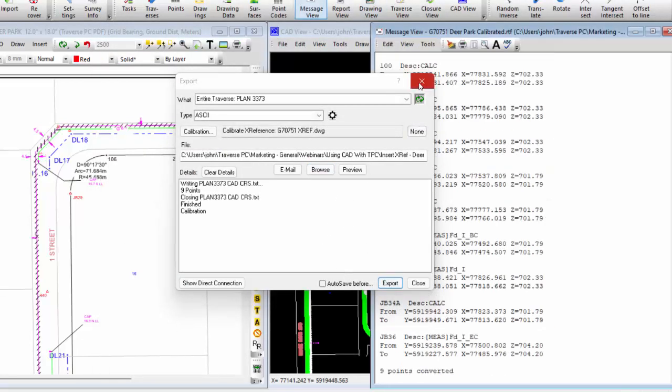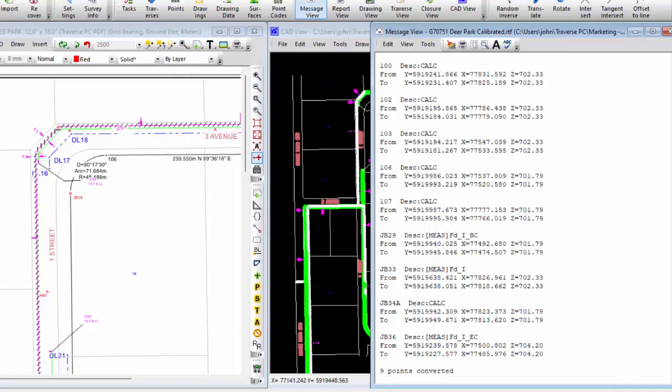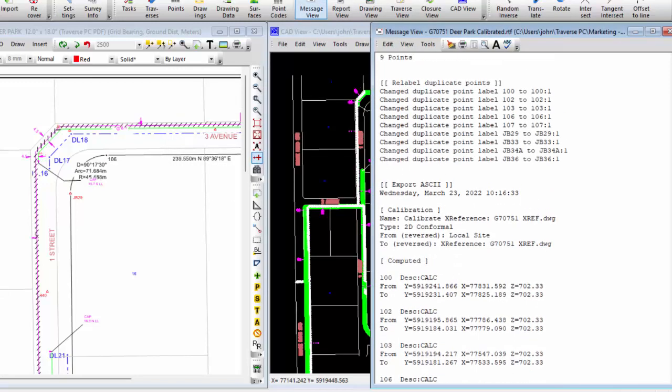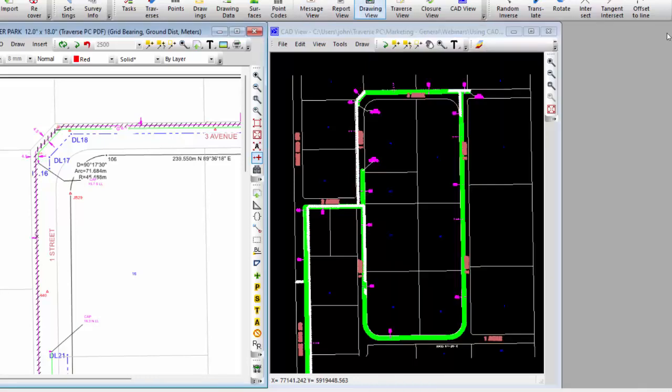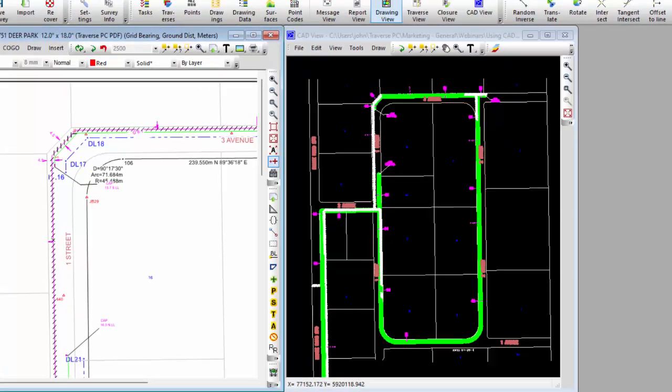So we just exported those 9 points. And Traverse PC came into the message view and said, for each point here, I used this calibration from the local site, because I reversed it, to the DWG of the XREF. So for every point, it tells me I went from this coordinate to this coordinate, from the local site to the CAD file. So if I were to import that now,